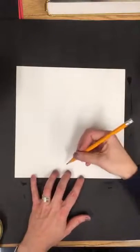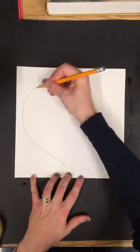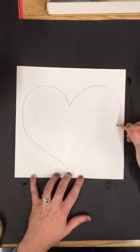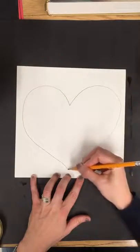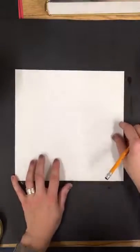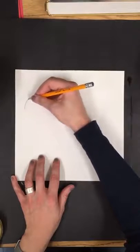Okay, starting with the heart in the middle of my paper, filling up that composition and really drawing big. Again, this does not have to be absolutely perfect. So there's my big heart in the middle of the paper. Once again, if you are more comfortable drawing a heart, or not as comfortable drawing a heart yet, you could